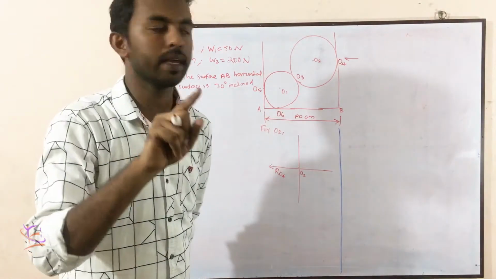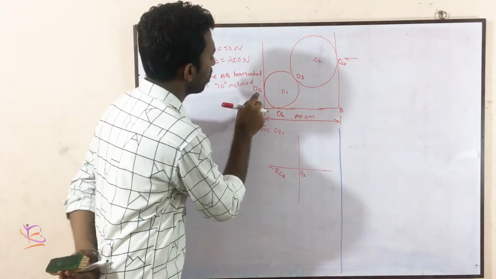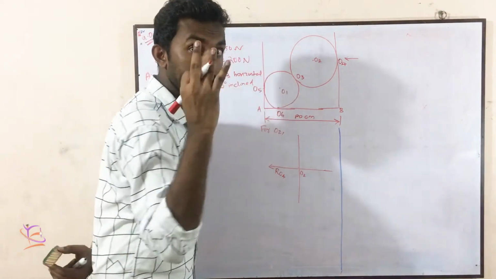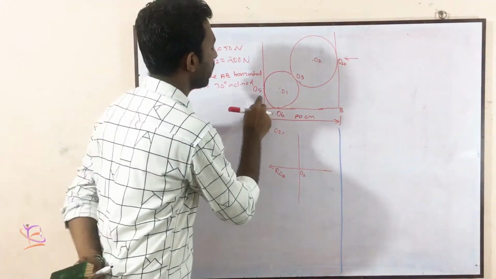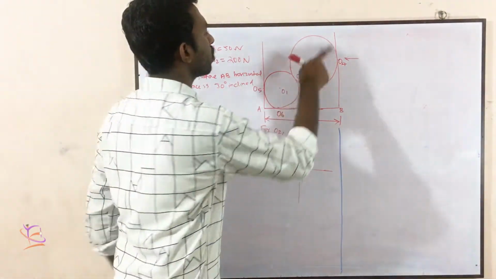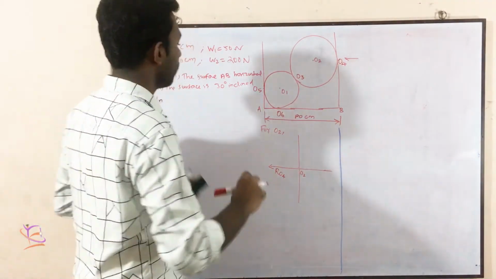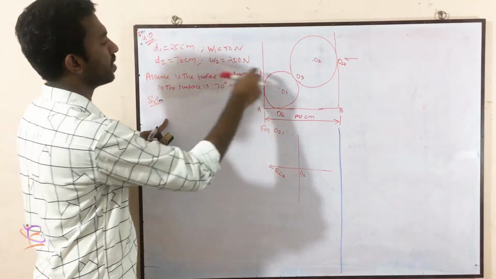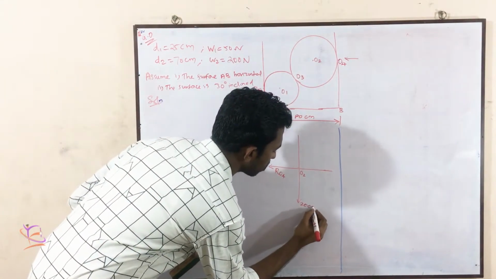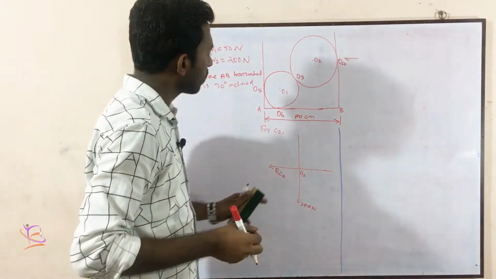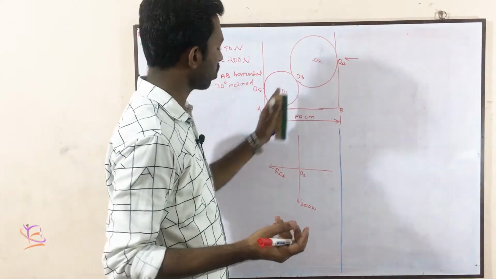Why I am trying this one first? The reason is here, because here two contacts plus one, three unknown values will be there. If you are processing O1 first, three unknown will be there. But if you are processing this one, two unknowns will be there. Easily you can do that. Okay, right. RO4, then the weight is the larger one. Weight is 200. That will be acting in the downward direction, 200 Newton. Then now another one contact is here. No contact in the base. So here one contact is there.